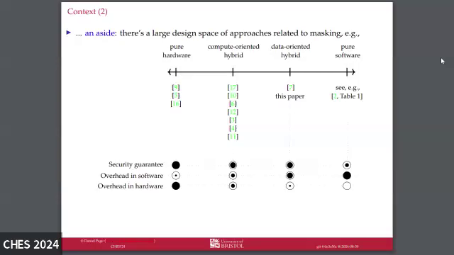There's actually two middle points, two hybrid points here, and what I wanted to point out is that there are a bunch of different proposals for what you might call compute-oriented instruction set extensions for masking. These are things that provide you with some computational ability that's related to masking, right? They maybe execute some gadget in hardware for you. We saw an instance of this in the last talk. What we're doing isn't that. What we're doing, we've called data-oriented, in the sense that it's not giving you any extra computational ability. It's simply signaling to the microarchitecture that what we're doing here is masking, and you should be aware of that and take appropriate action. So this is why I said it's not really the same thing.